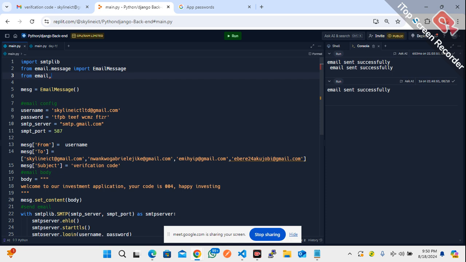From email dot mime dot multipart import MIMEMultipart. Now, why are we importing this, and what is the meaning of MIME multipart, right? So I'm going to be explaining what this means, right? Now, the MIMEMultipart,